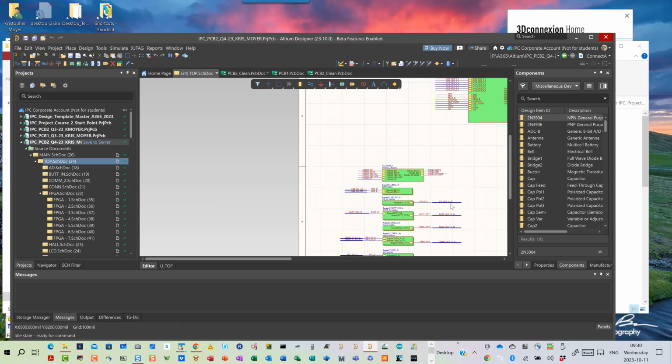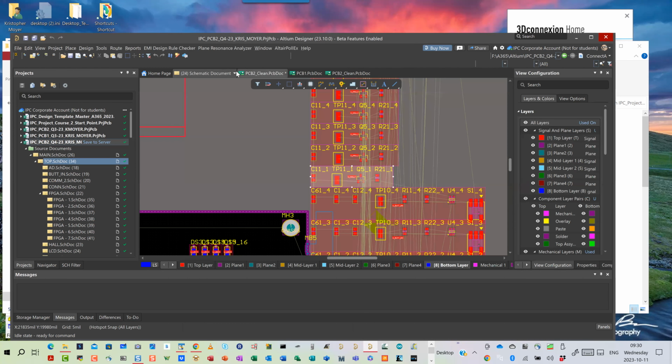Especially if you've ever done any high reliability designs where you have to rely on very precise routing and placement of every individual part and so on. So anyways, I just wanted to demonstrate that little feature right off the bat. Again, starting next week when we actually get into the design, I'll go into more depth of step by step how we do all these different processes in here and so on,